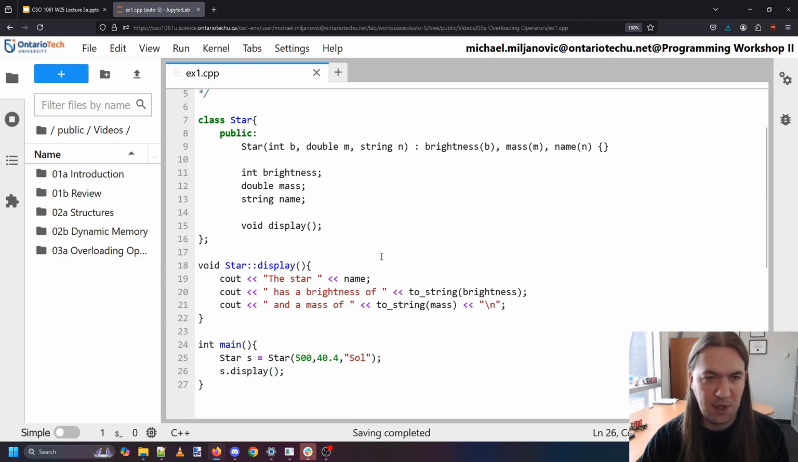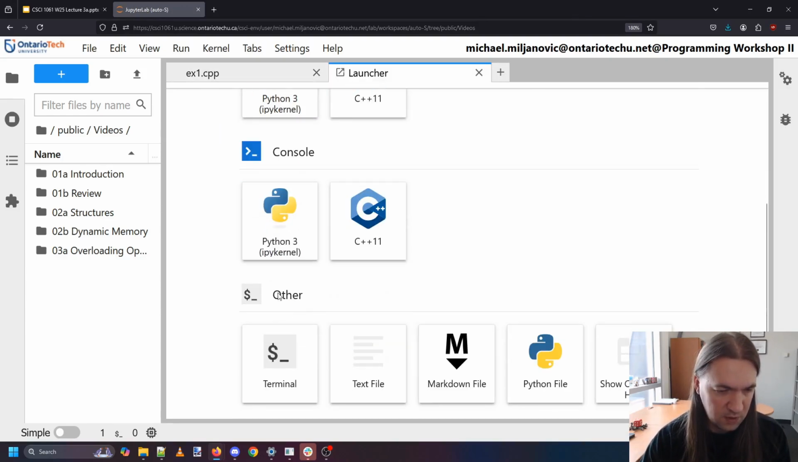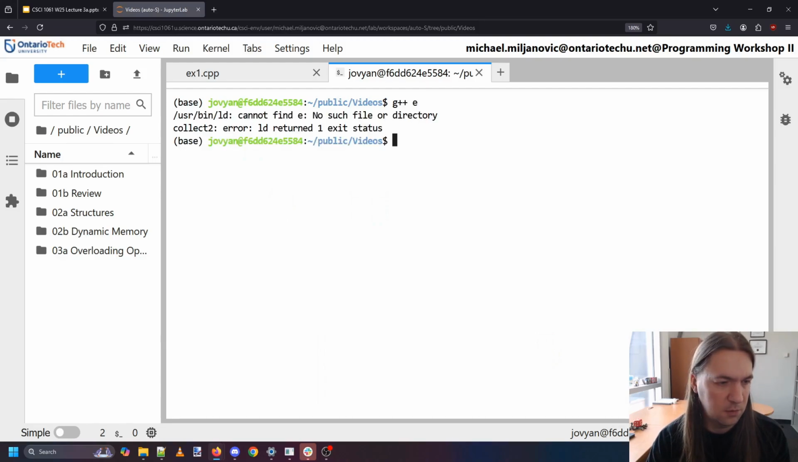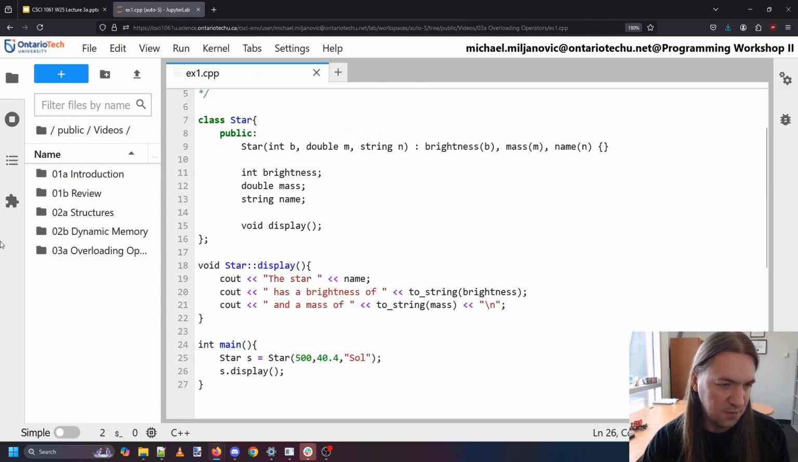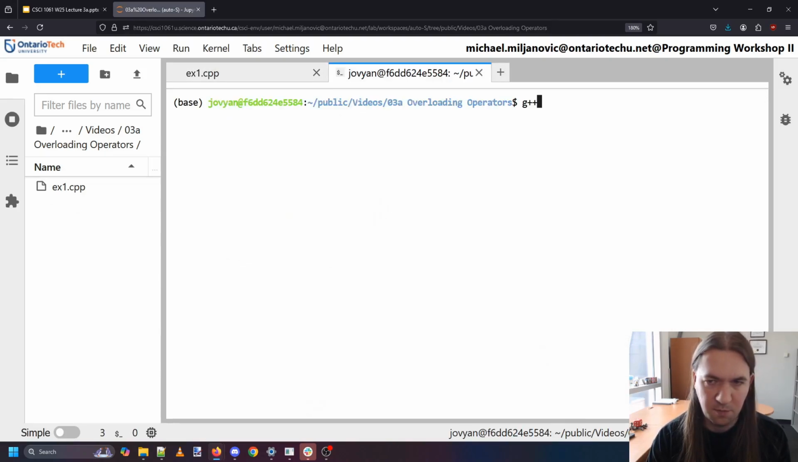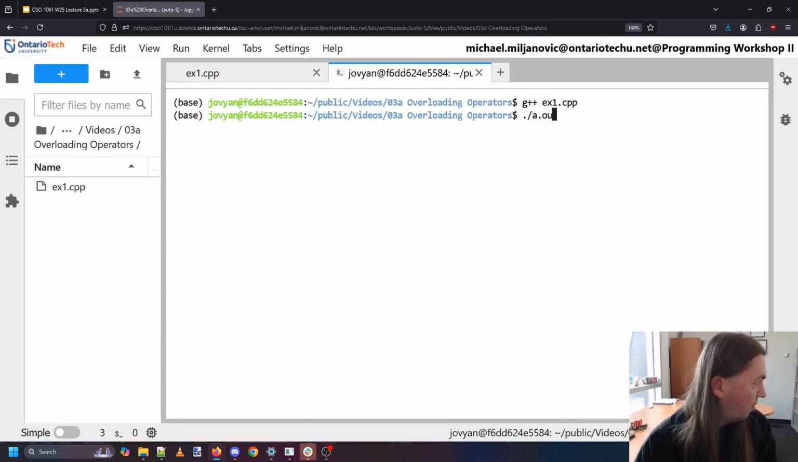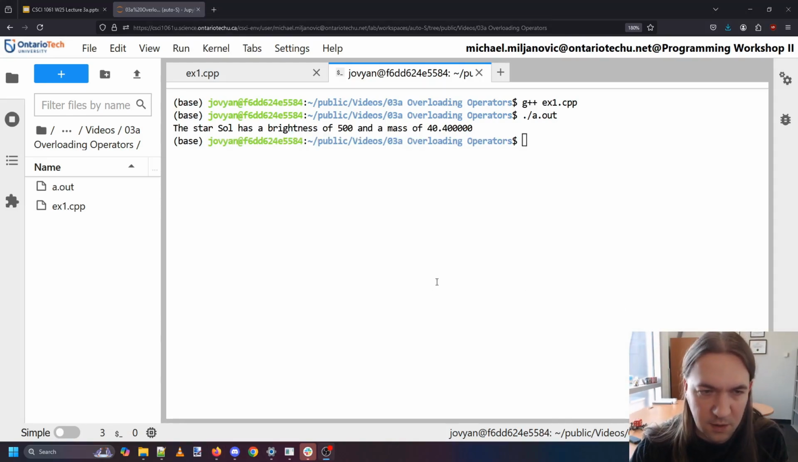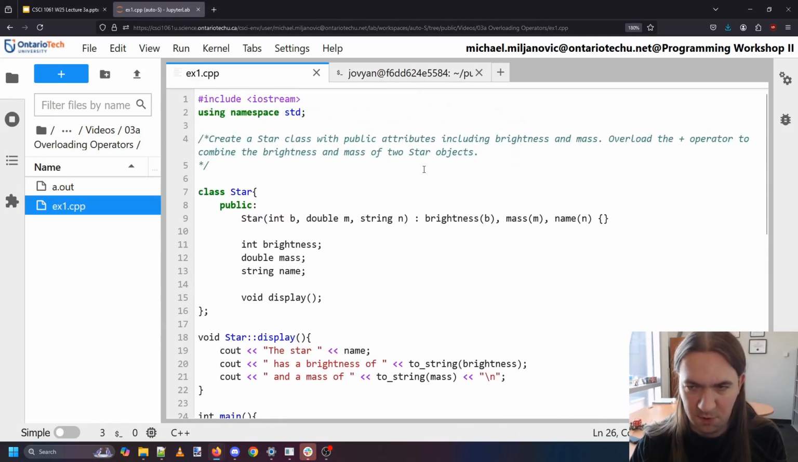Let's see if it can display my star. Can I do that? Oops, wrong folder. Let's go into the right folder. There we go. And compile. Everything seems okay. Oh, one moment. Okay. So, since our star class is working, we can go on with the actual question, which